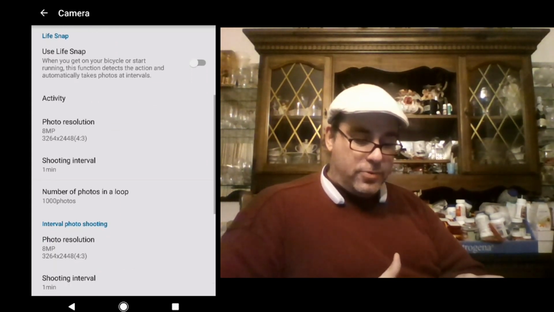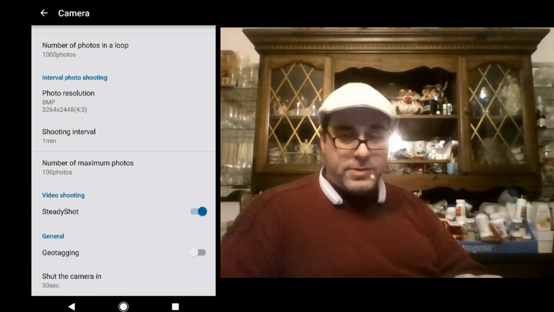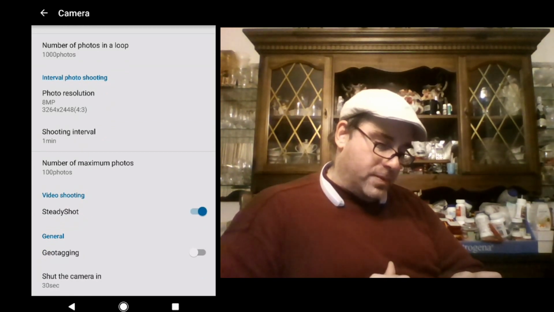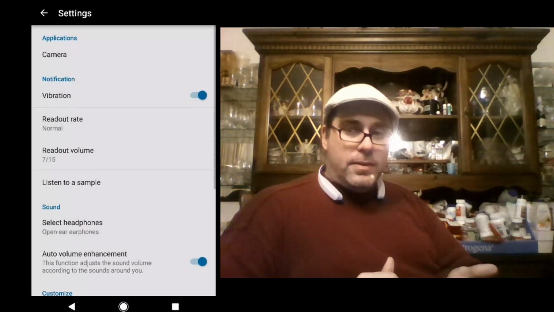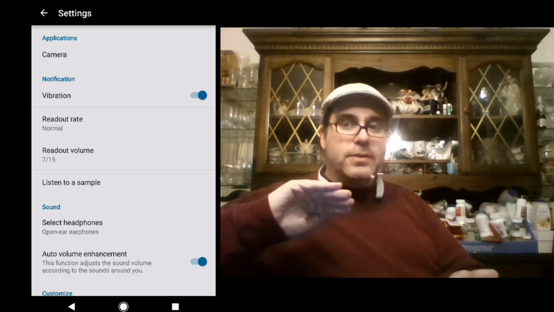Also activity, shooting interval, again based on that live snap, and you can also do steady shot or geotagging for photos and video. The camera itself works really well, and it kind of pivots based on your head and neck